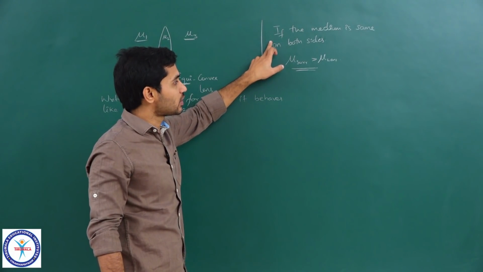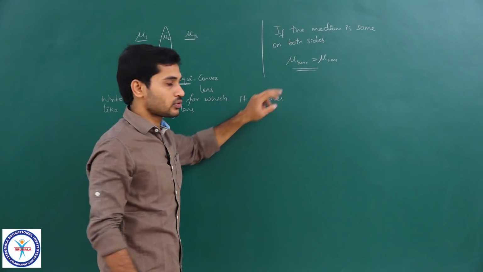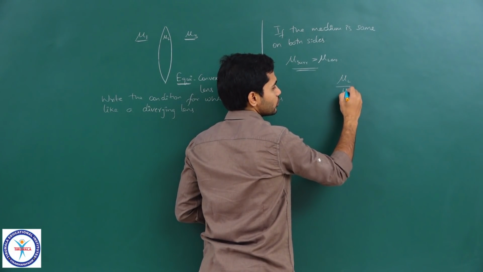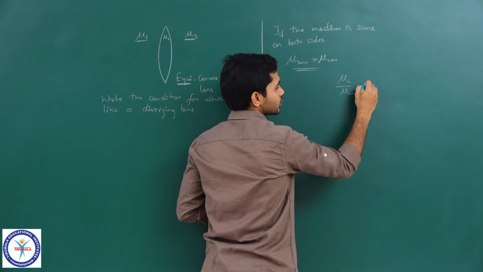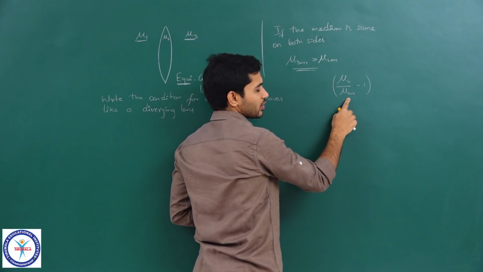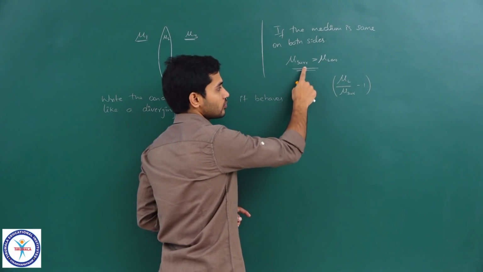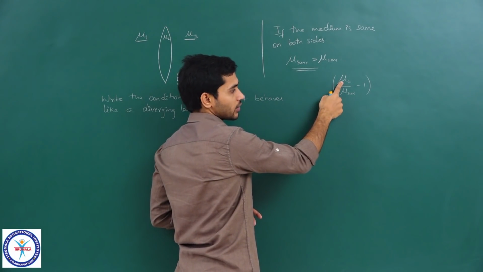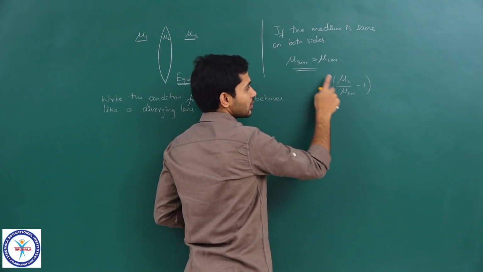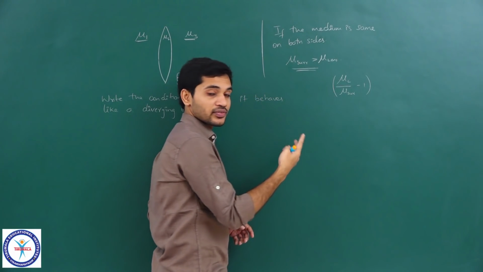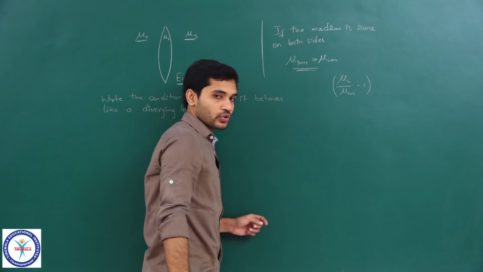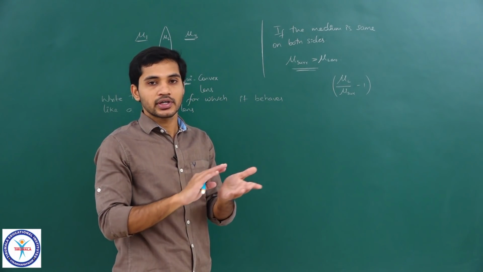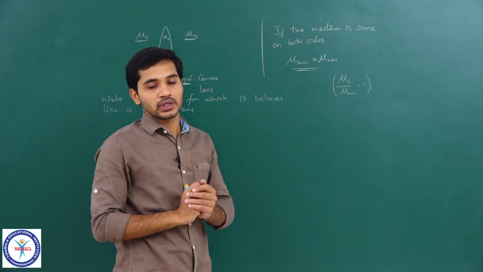By using the lens maker's formula we have seen that. In the lens maker's formula we have this term, mu L by mu surroundings minus 1. This parameter will change its sign for this case. If the lens has a lesser refractive index, this becomes negative. If the lens has a higher refractive index, this will be positive. That is the reason why, if the surroundings have a higher refractive index, the nature of the lens will change.